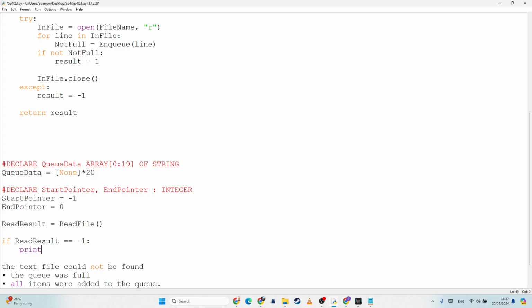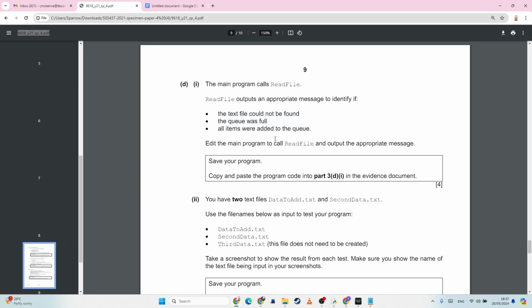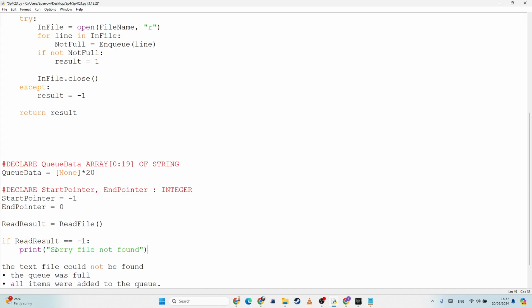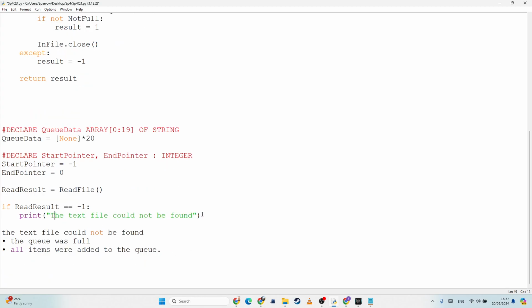Print, sorry, file not found. Now, does it give us a specific error? Does it just say give an error? Okay, I mean, I could use these exactly. I think we'll still get the marks if it's not exactly that. But for safety's sake, I could say the text file cannot be found. Otherwise,